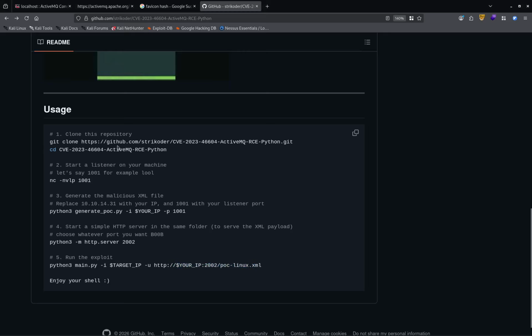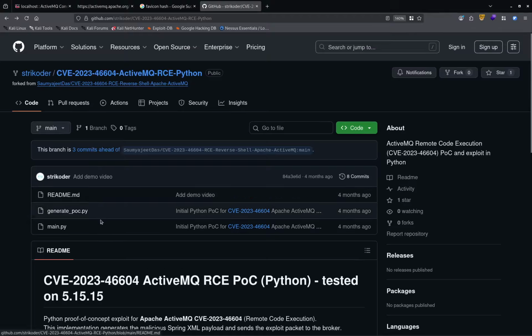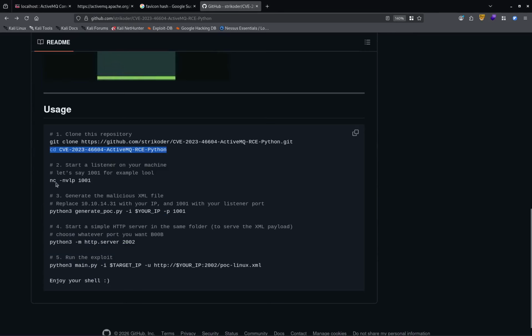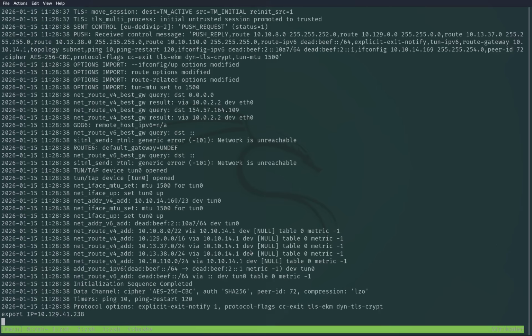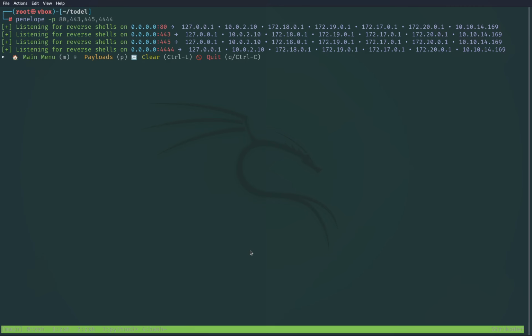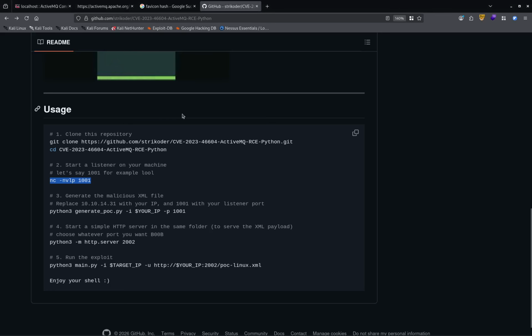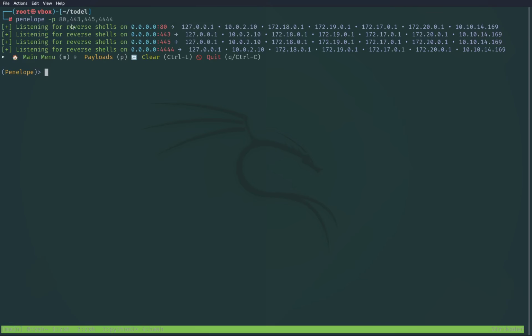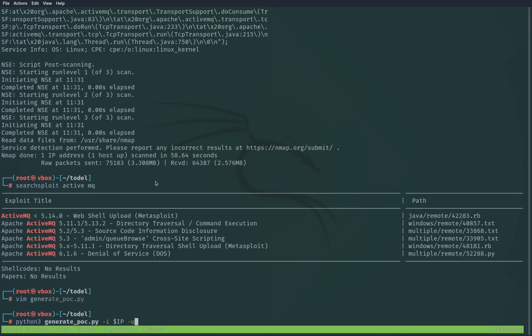So let's see over here. We clone this repo, we cd into it. I don't want to clone that. Netcat. I'm gonna start Penelope with all these ports because I'm used to start the 80 and 443 since I used to do Playground machines. They usually have